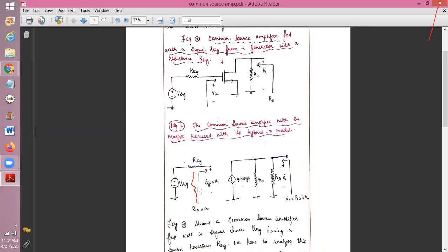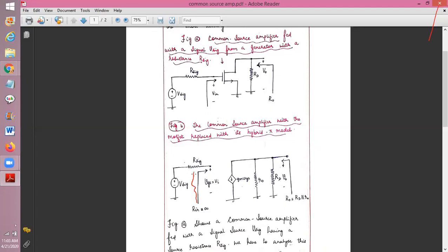Ma'am, resistance is high. Resistance is very, very high, in terms of infinity or mega ohms. So when the resistance is high, it behaves like an open circuit. Practically the value of resistance is not infinity, it will be very, very high in terms of mega ohms. So V signal, R signal, I have not shown the resistance. If I show it also, not a problem, since the resistance is high, it behaves like an open circuit.